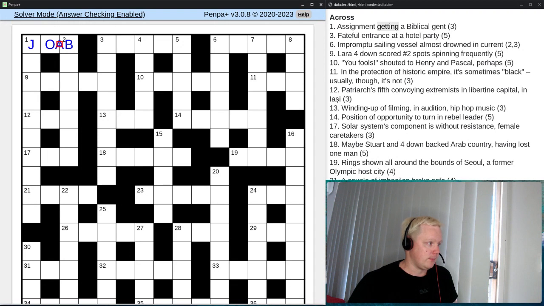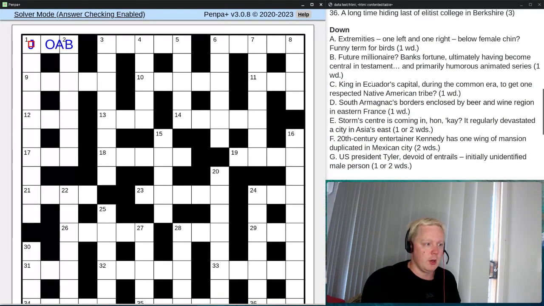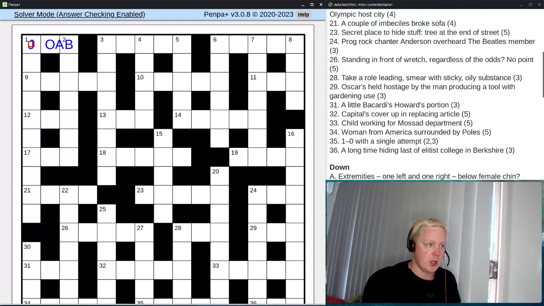Okay, so normally in a normal crossword we would be looking at these answers next because we have starting letters. But here we can't really use these because we don't know which down clue these correspond to. So we're going to come back once we have a lot of these checking